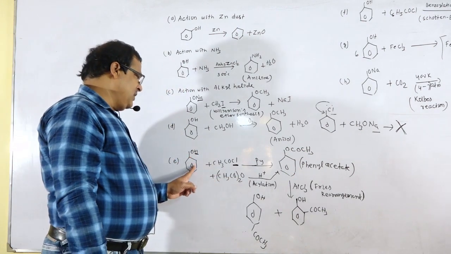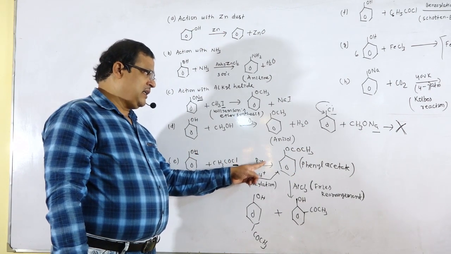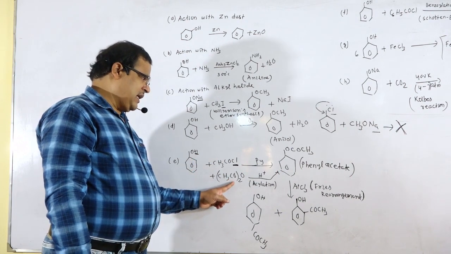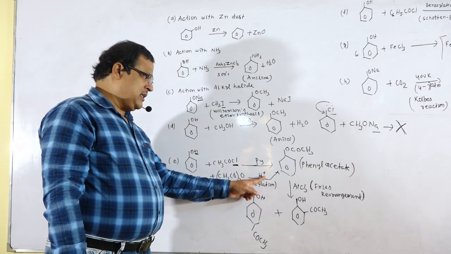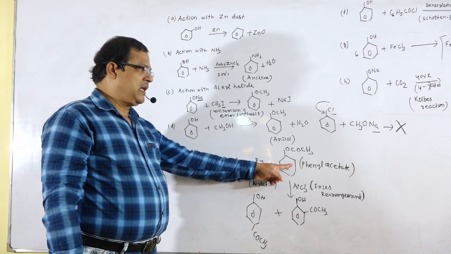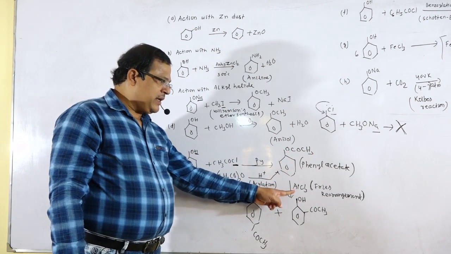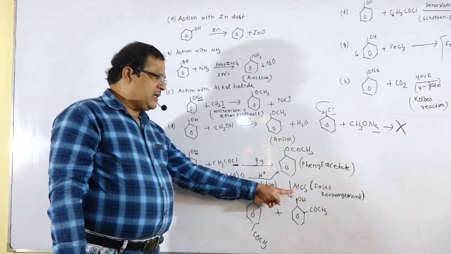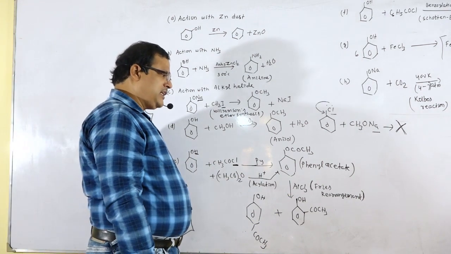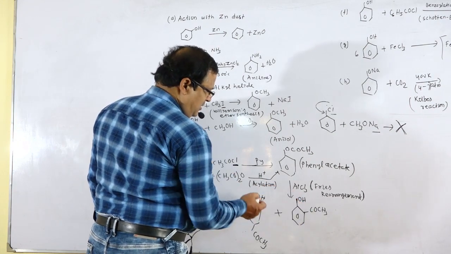So when phenol is treated with acetyl chloride in presence of pyridine, there is the formation of phenyl acetate, or phenol that has been treated with acetic anhydride in presence of mineral acid; this reaction is known as acylation. So there is the formation of phenyl acetate. This phenyl acetate in presence of AlCl3 gets rearranged, and that rearrangement reaction is known as Fries rearrangement. So there is the formation of the ortho product or the para product.